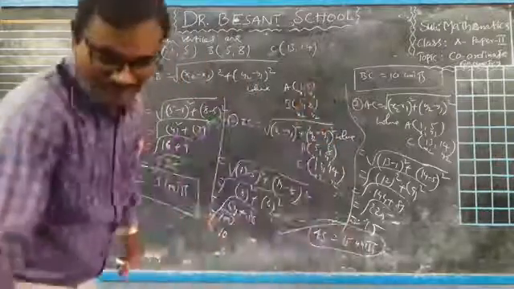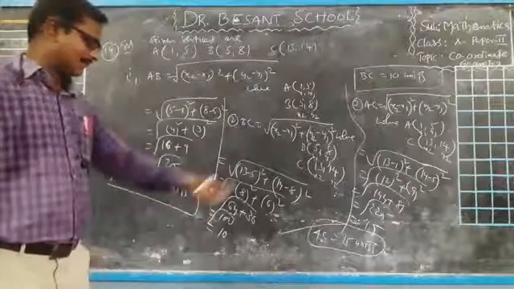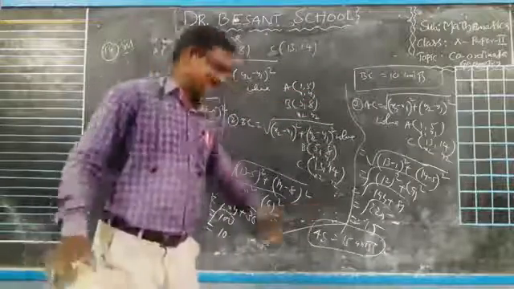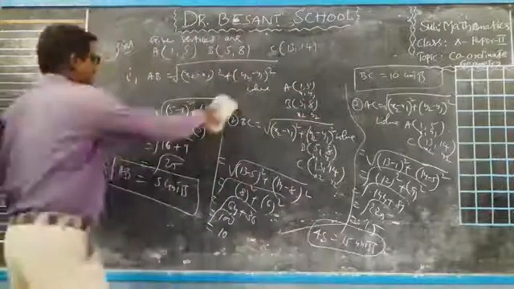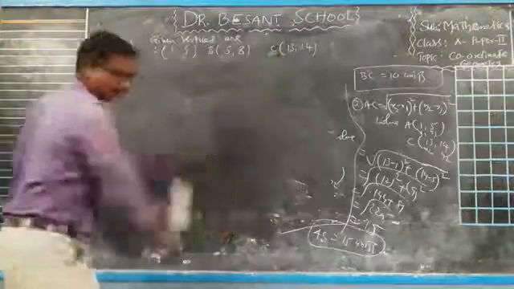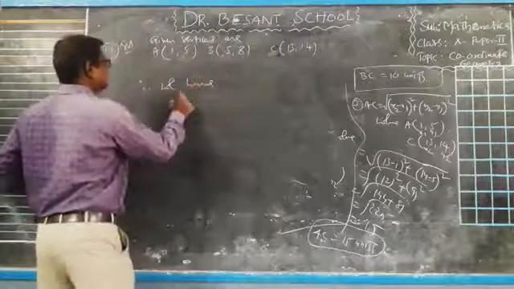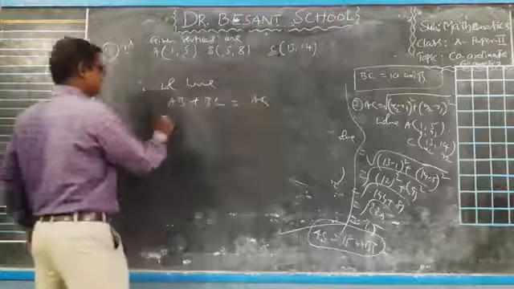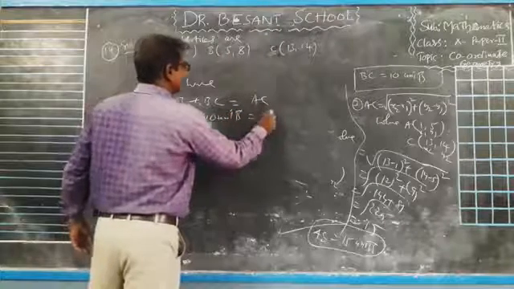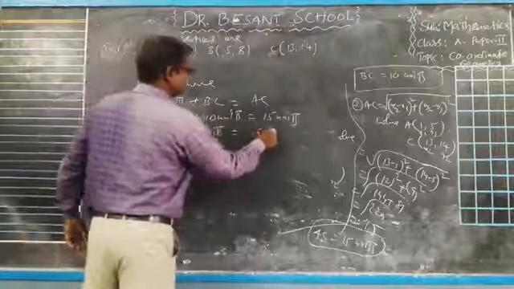Okay, children. I have found AB, I got 5 units. I have found BC, I got 10 units. I have found AC, I got 15 units. So AB plus BC, 5 plus 10, is exactly equal to AC, 15 units. Okay, children, continuation I will do here. Therefore, we have AB plus BC equal to AC. AB 5 units plus BC 10 units is AC 15 units. So 5 plus 10, 15 units, is equal to 15 units.